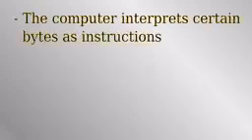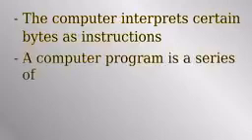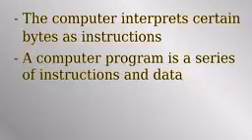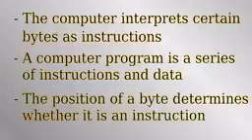To summarize, the computer interprets certain bytes in memory as instructions for which operation to carry out. Computer programs are stored in memory. They are just large sequences of instructions, memory addresses and numbers. The computer goes from instruction to instruction like clockwork, always knowing, based on the type of the current instruction, how far along